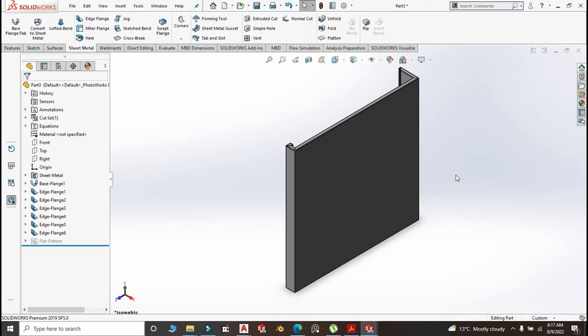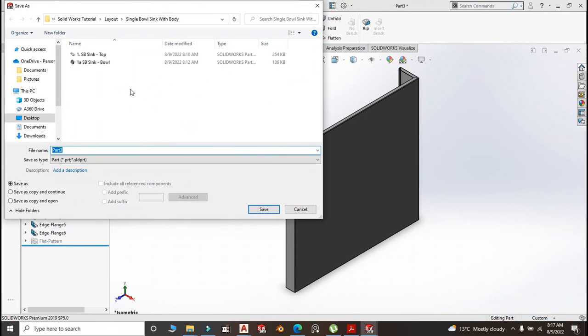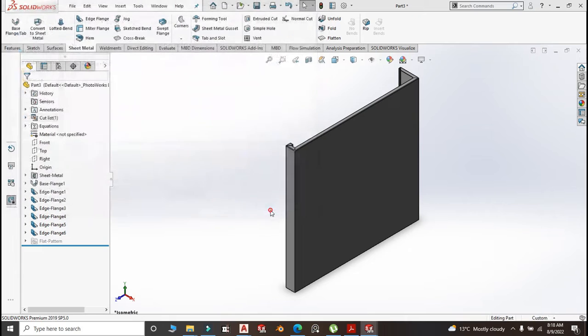Now, for us to get the correct size of the back plane, now we can create the top, not the top, but the undershelf. This is part number 2. Save it as SB side panel. We can create the bottom,